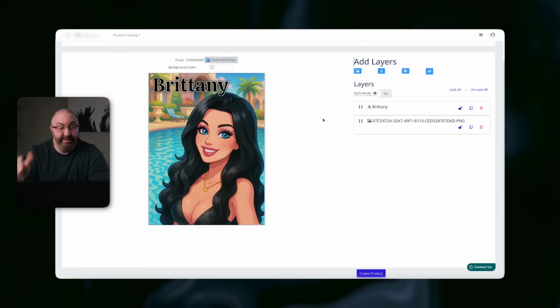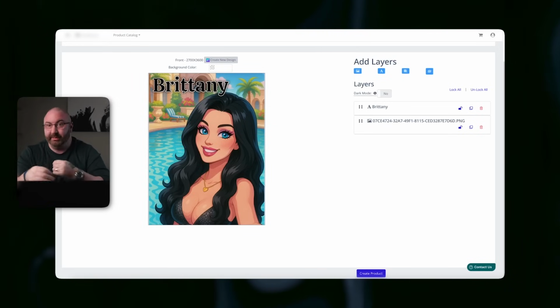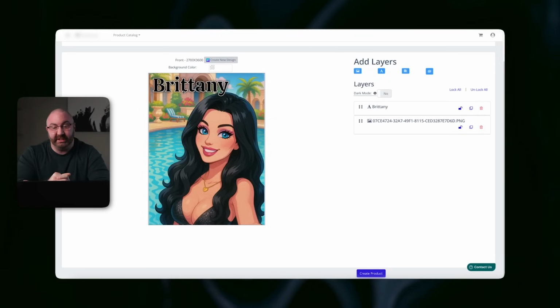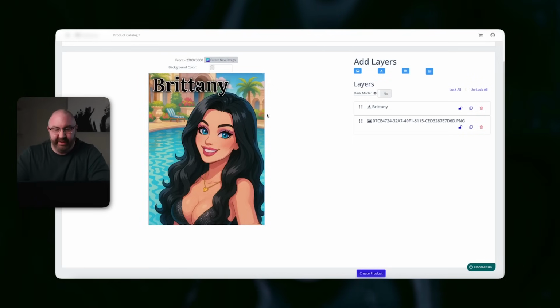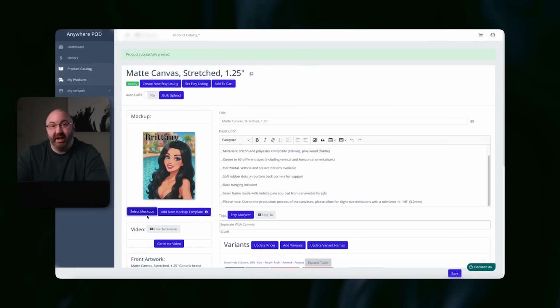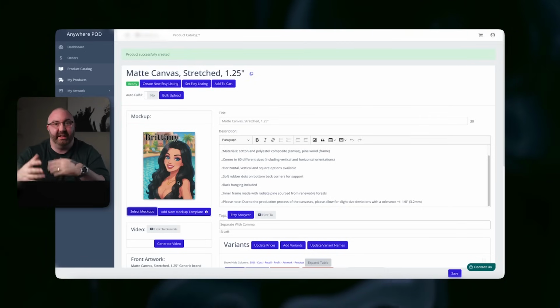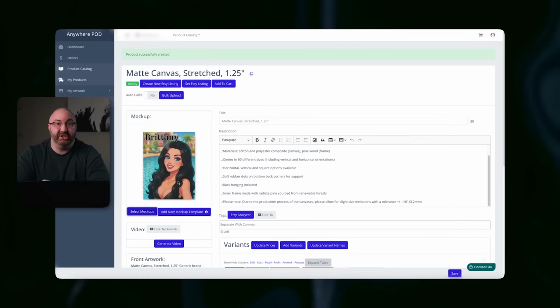And there you go. I mean, now that we have this all set, this will automatically change when somebody adds their text into that personalization option. Same thing with Printify. And then you click create product. And then you can just select the different mockups and you're good to go. Same thing with Printify. This is just a different system that allows you, same thing, personalization with a little bit